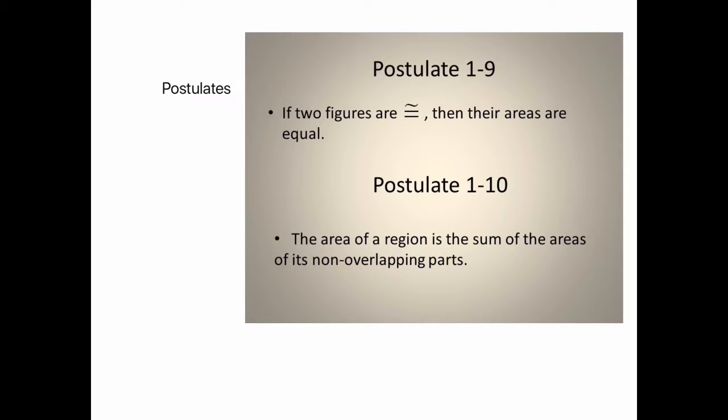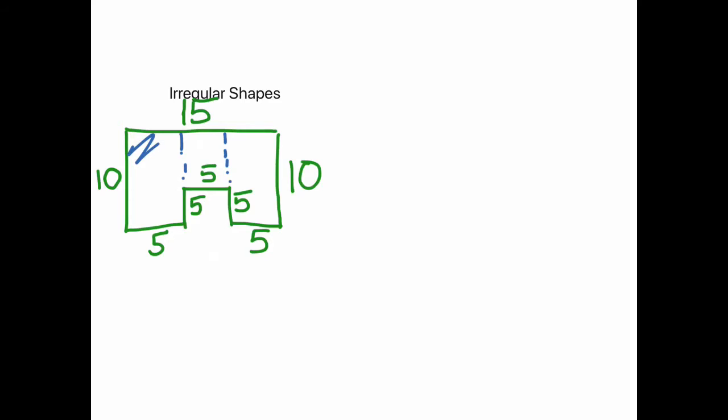Okay, to show you how to find the area of an irregular shape, we are going to use question 9 on this lesson, and it wants to know what the area is. It breaks it into pieces like this. We're going to find this rectangle first, which is 10 times 5. So in the blue here, we have 10 times 5, which is 50. And then in the red, we'll do this rectangle here, which would also be 10 times 5, which is another 50. And then we'll do the yellow here in this square, which is